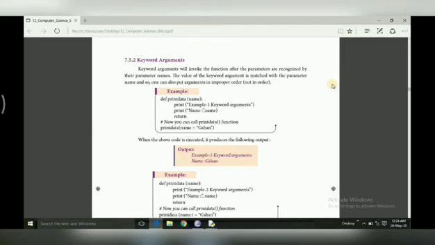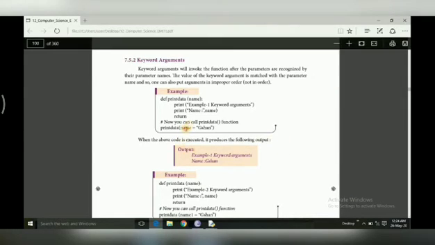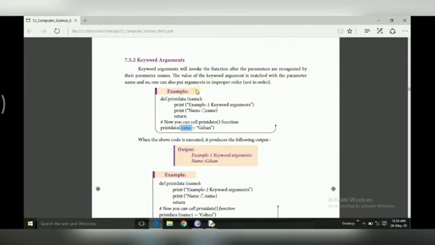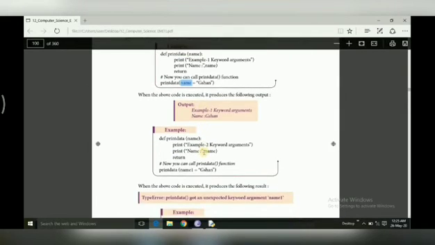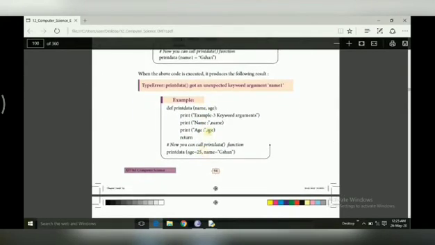So keyword arguments invoke the function after the parameters are recognized by their parameter name. The value of the keyword argument is matched with the parameter name, and so one can also put arguments in improper order, which means not in order.